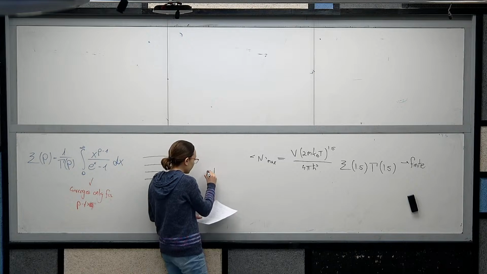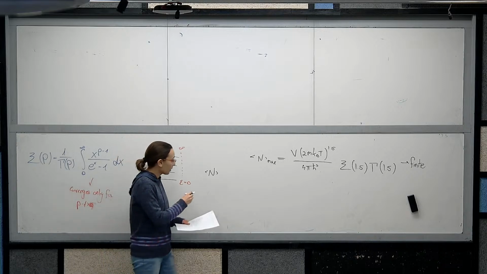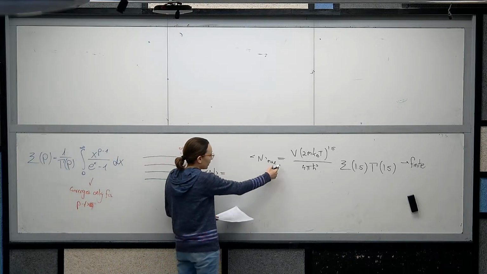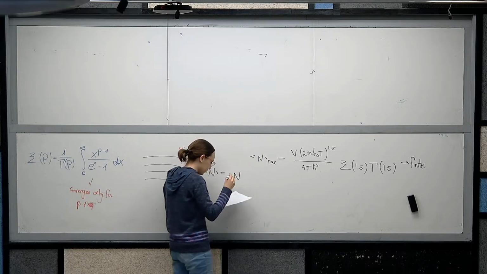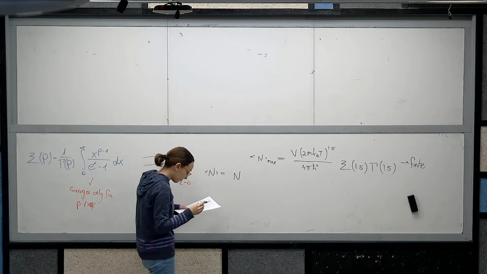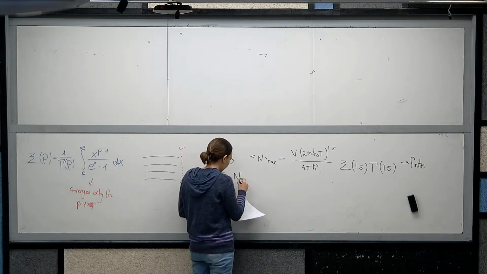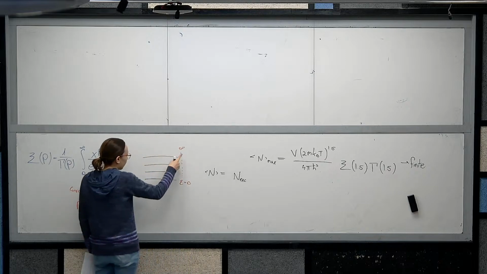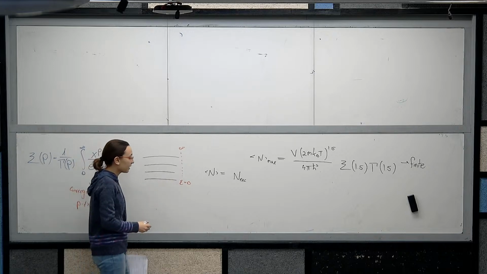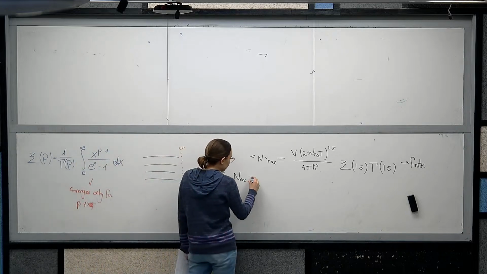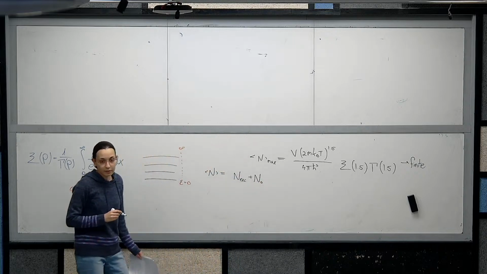So, the total number of particles in the system will be equal to this value. Now we will call it n excited, only particles that are in excited levels of the system, not in the ground state. And then manually we will insert here the number of particles in the ground state.